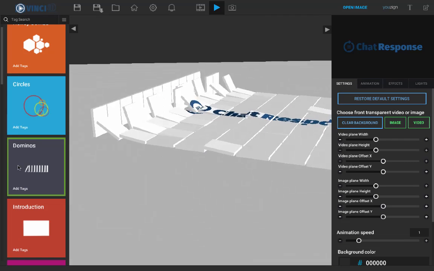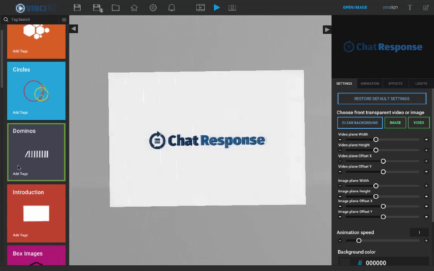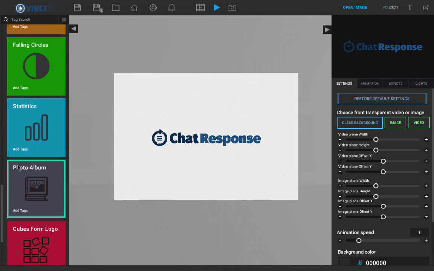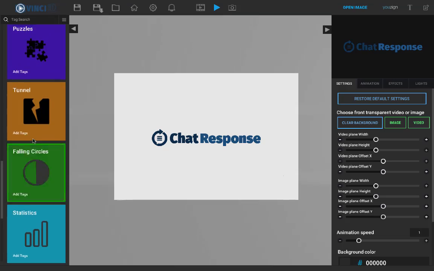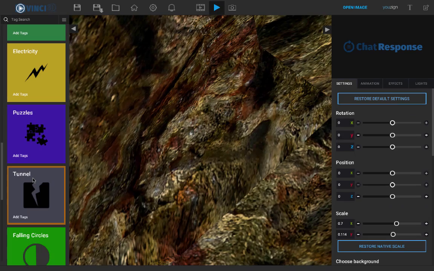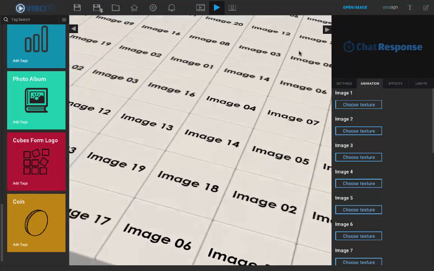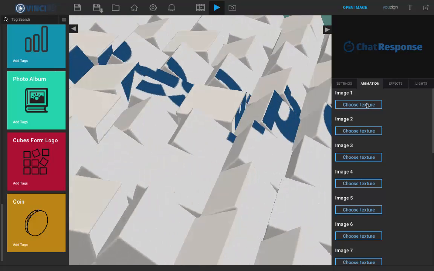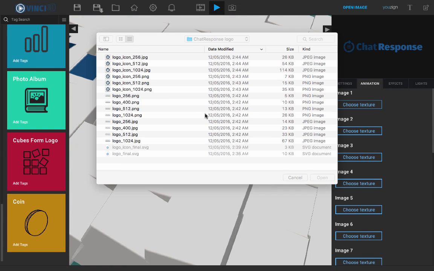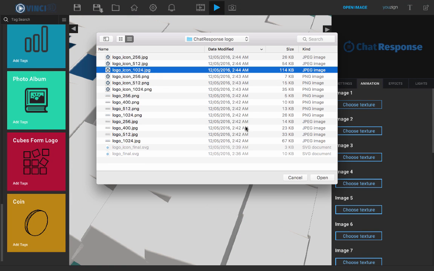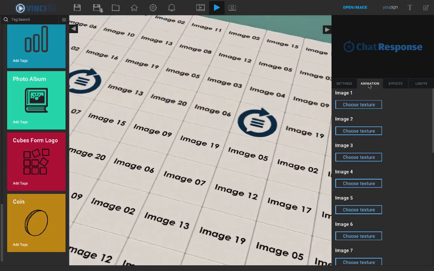So you can start previewing the effects with it and see how it looks with effects. What I can also do is choose which video will fit my needs the best. For example, if we went for this, or something like this, we'll be able to add in the images that we want into this background through this animation